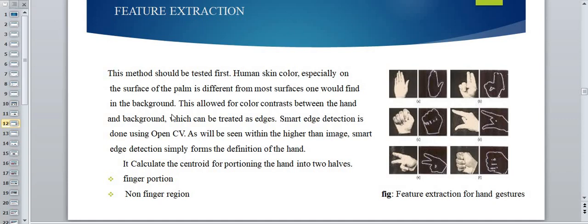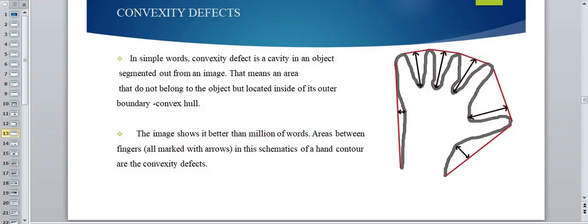Smarter edge detection simply forms the definition of the hand, and it calculates the center, partitioning the hand into two halves: finger portion and non-finger portion. Finger portion, like thumb, palm or clapped hand, the fist. Non-finger. The convexity defects. In simple words,